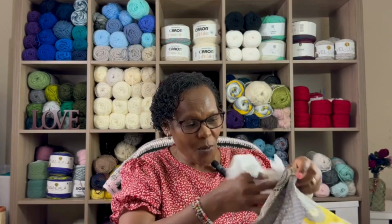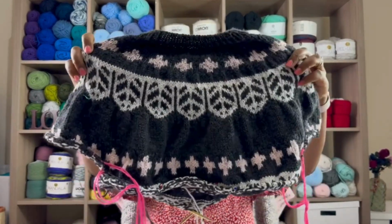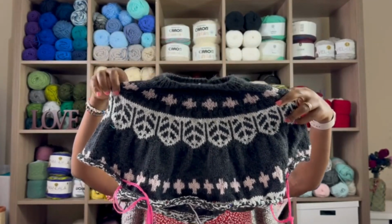But I am so happy with it, and I am so much enjoying working on this, and I think that is why it's taking a lot of time, because this is the first color work I am doing, and this is what it looks like. So that is what it looks like. I separated for the sleeves last night, and I made a bunch of modifications for myself,